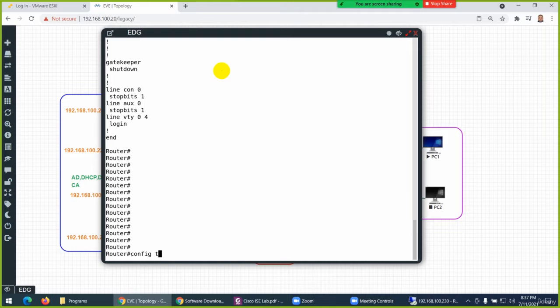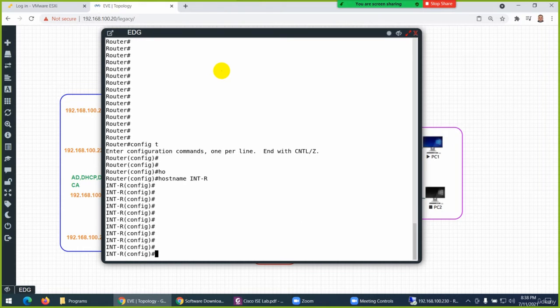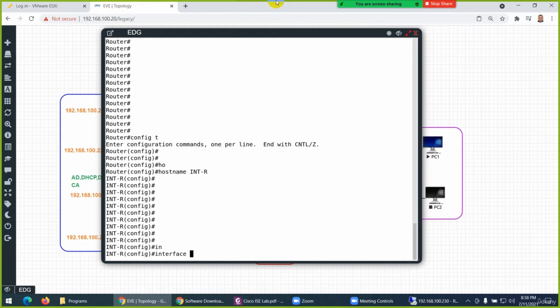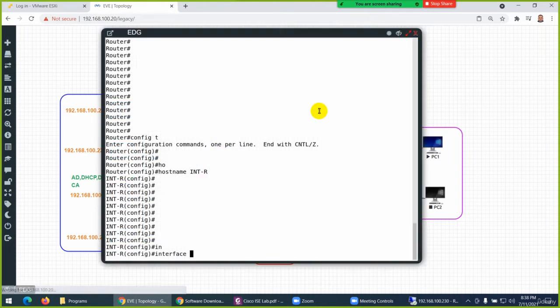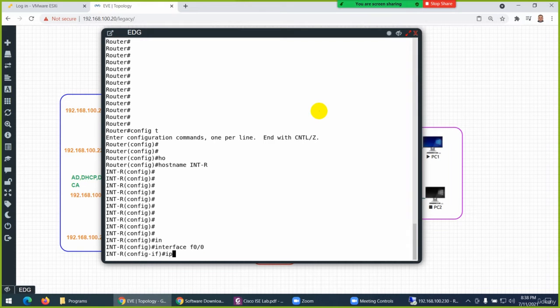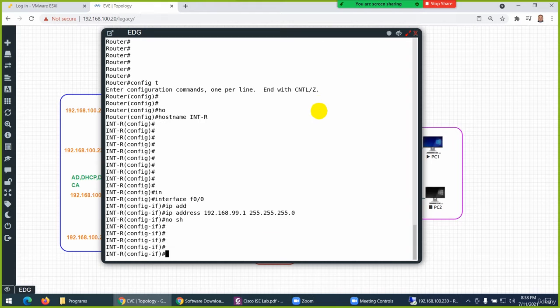It's okay, and let's change the name first. Let me say internet router. Okay, and interface, what is the down interface? It is FastEthernet 0/0. So FastEthernet 0/0, IP address 192.168.99.1, 255.255.255.0, and no shutdown. And 99.254 we assigned to the layer 3 switch. Yeah, you remember this one,